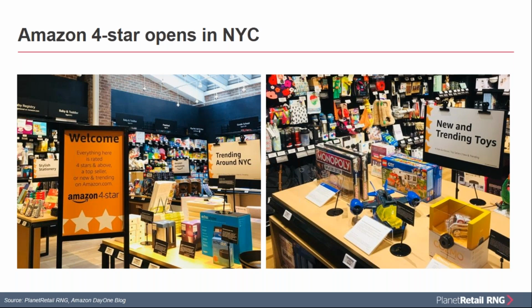This is obviously to incentivize Prime membership in shoppers coming into the store, the idea that they can get discounts on some of these items. They have curated sections, things trending by geographic area, trending around NYC, as you can see on the left here, also trending by category. The idea here is Amazon has expressed that they will not get into any single form